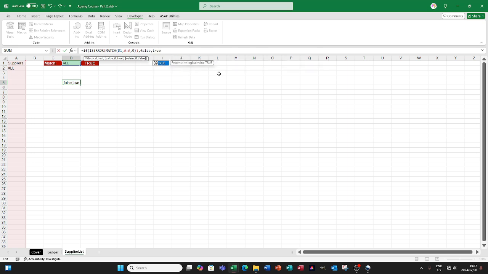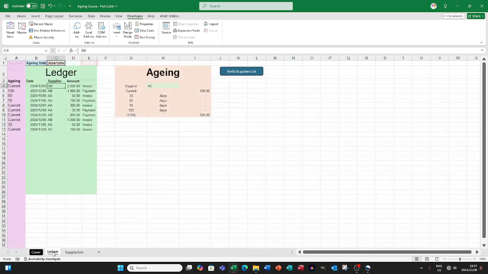And true if it can find it. So now all shows true and AC shows false. And that's basically how this formula is put together. Okay, so now we're going to use our code to go to the ledger,